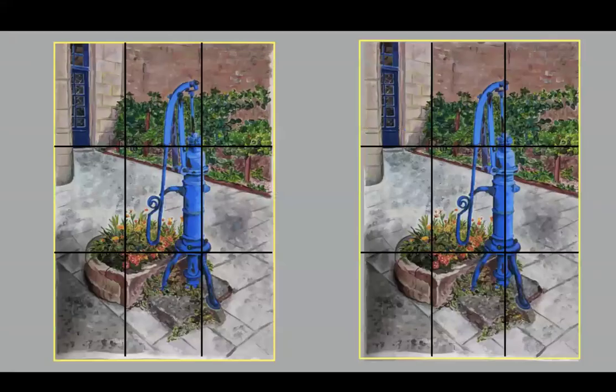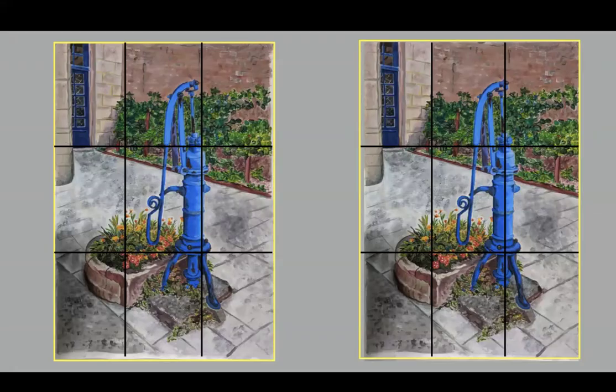I love this. So if we take this one and take a look at the rule of thirds, on the left-hand side is the rule of thirds on the original painting. On the right-hand side, I nudged it a little. It was so close. I nudged it so that the little pump there would be exactly on that third line. But what's also really nice is the upper left-hand corner, where the angle in the building between one wall and the other is directly on that line,